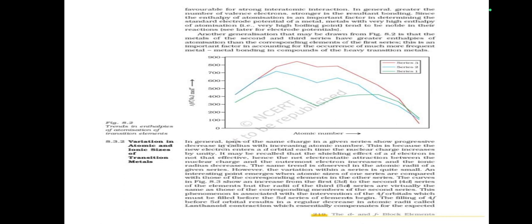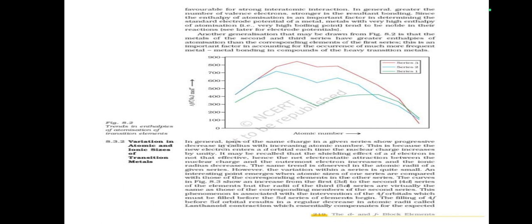This phenomenon is associated with the intervention of the 4f orbitals, which must be filled before the 5d series of elements begin. The filling of 4f before 5d orbitals results in a regular decrease in atomic radii, called lanthanoid contraction, which essentially